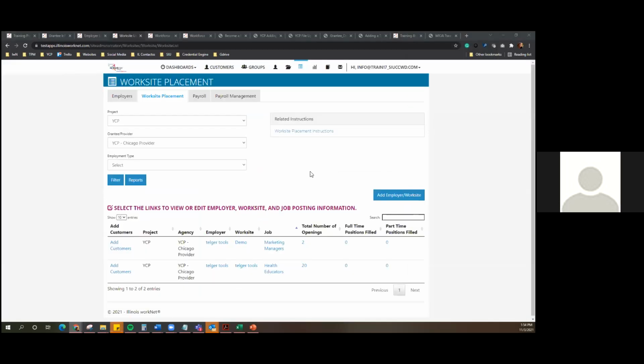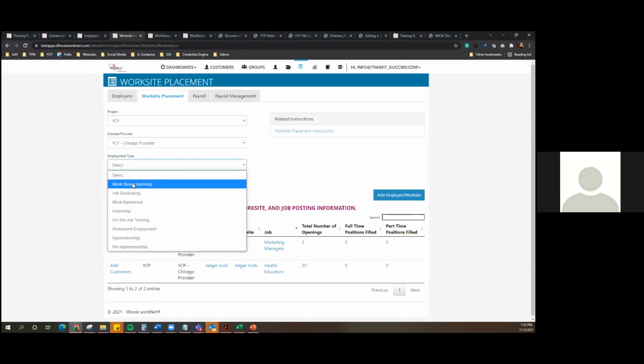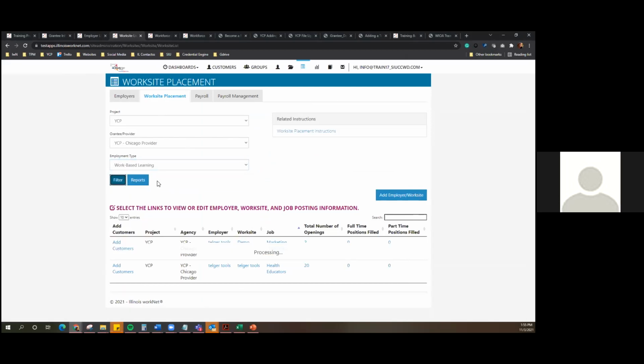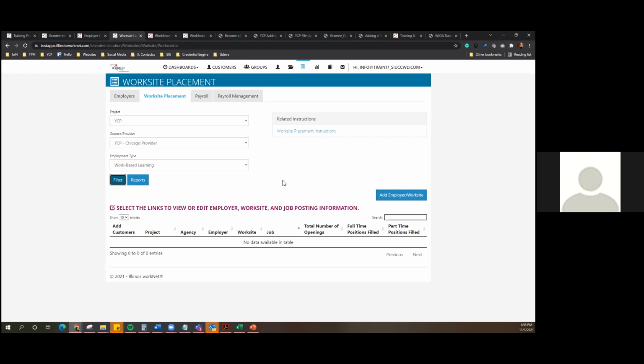Does the training program information need to be included for anything to come up when you select your employment type? I clicked work-based learning, but nothing came up on the bottom. For work-based learning, have you added in an employer and work site yet? No, so I do need to add the initial one. Yeah, so you gotta start adding them in and then you will see data here. Okay, so for instance, if we are doing work-based learning, we would add in all the different places that the youth will be working at. Is that